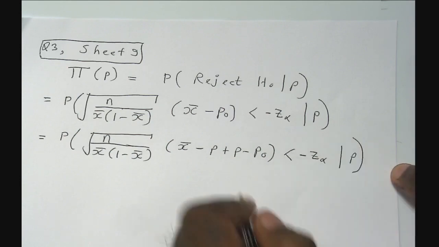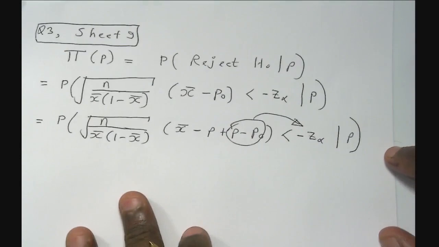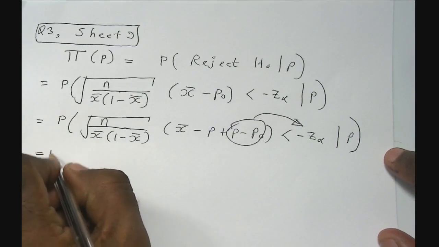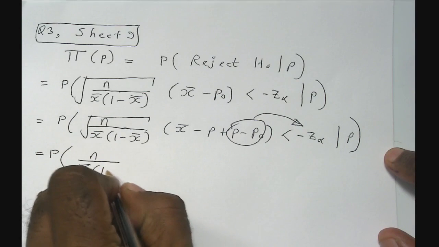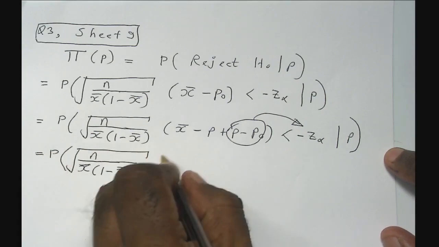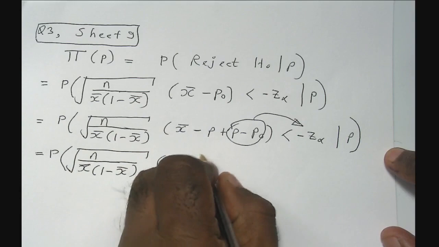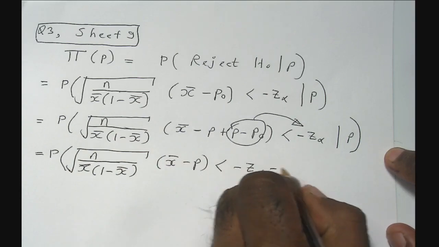Then take these two guys to the right hand side. So you get x bar minus p less than minus z alpha minus